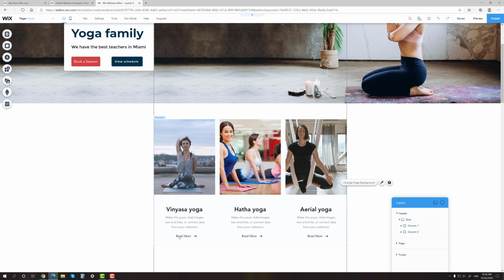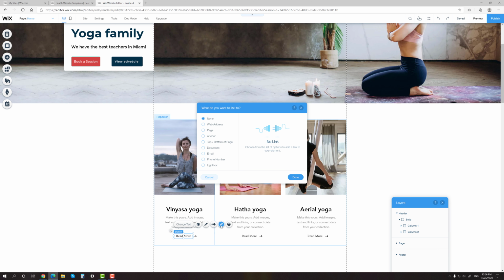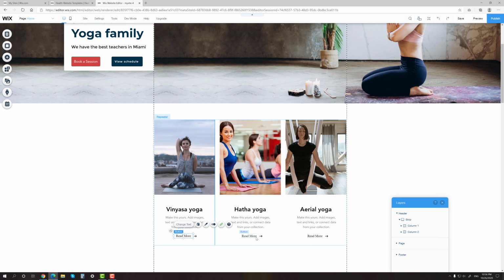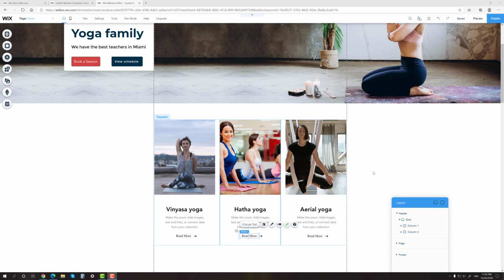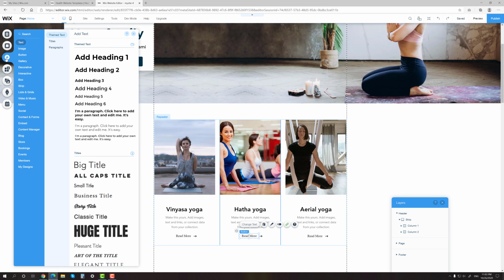Link these buttons to the required pages or sections. Add some pretty headings.